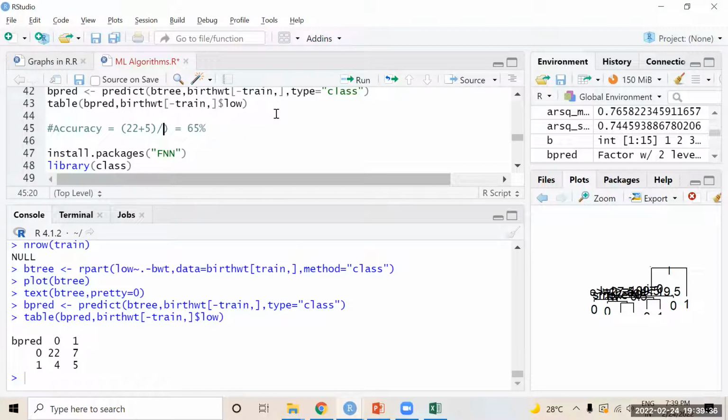So what is the total number of rows? 27, 22 plus 7, 29 plus 9, 38. So 27 by 38, what is the accuracy? 29 by 38, it is giving 76.